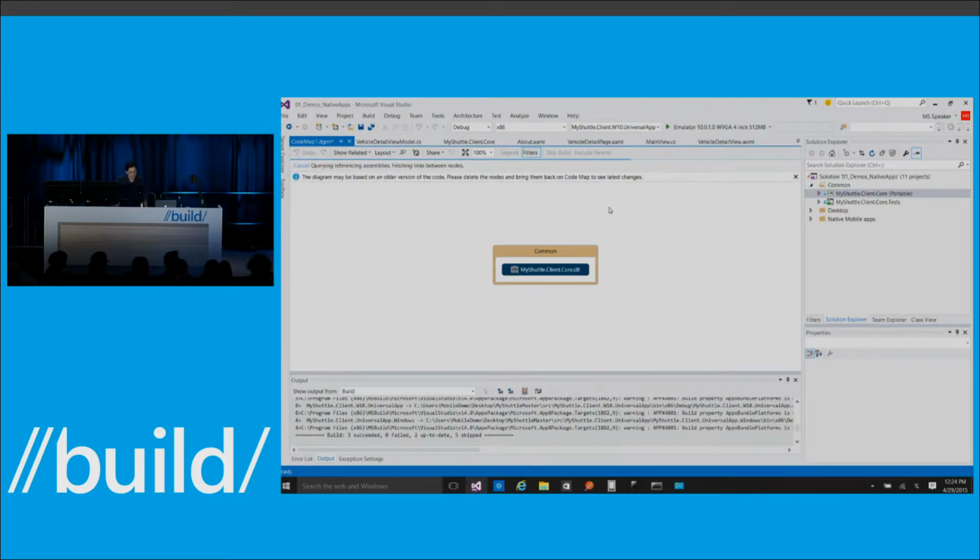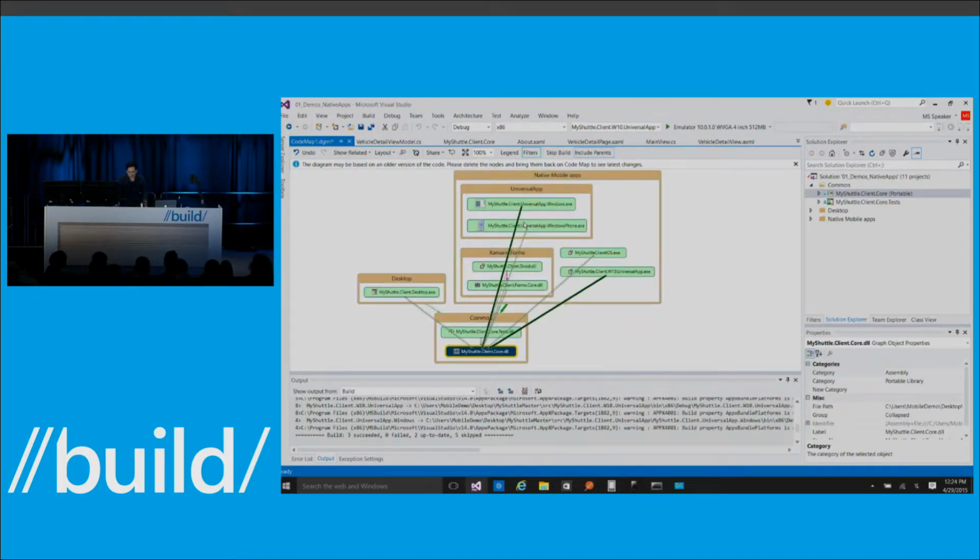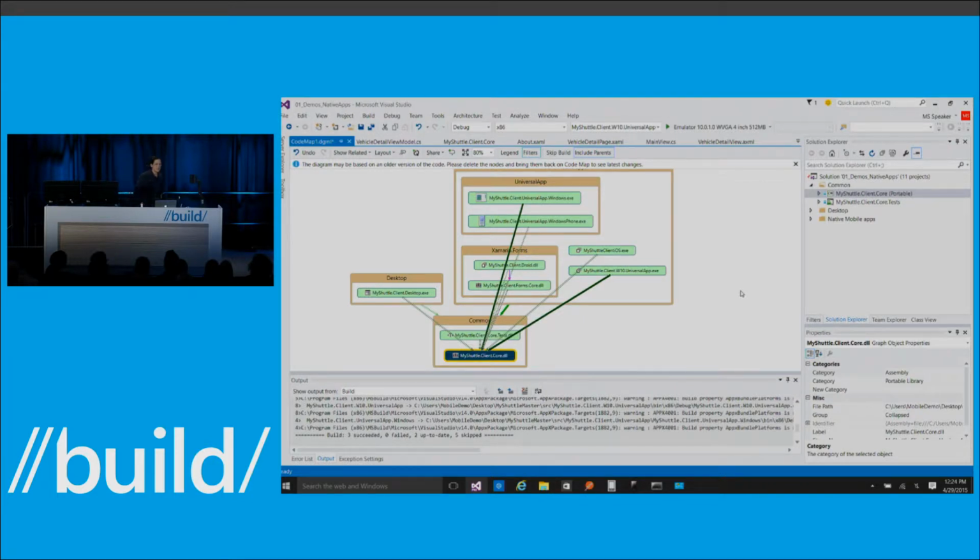Sorry. The question was, because it's a portable class library, do you have to limit the APIs that the portable class library can access to make it a portable class library? The answer is yes, but it is a very, very broad subset, and we are working with the Xamarin community and the open source .NET community to make sure that that's as broad as it can be. We think it's pretty good, but we're always looking for those last few APIs that are kind of important. So if you have feedback on that, feel free to give it to me.